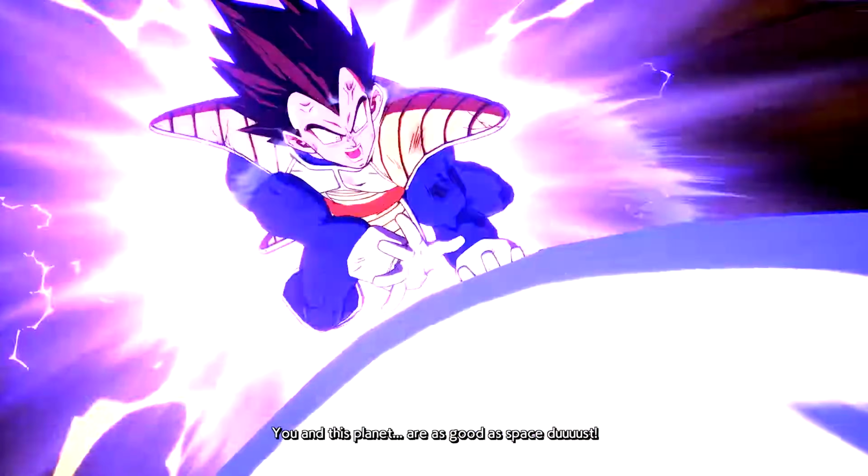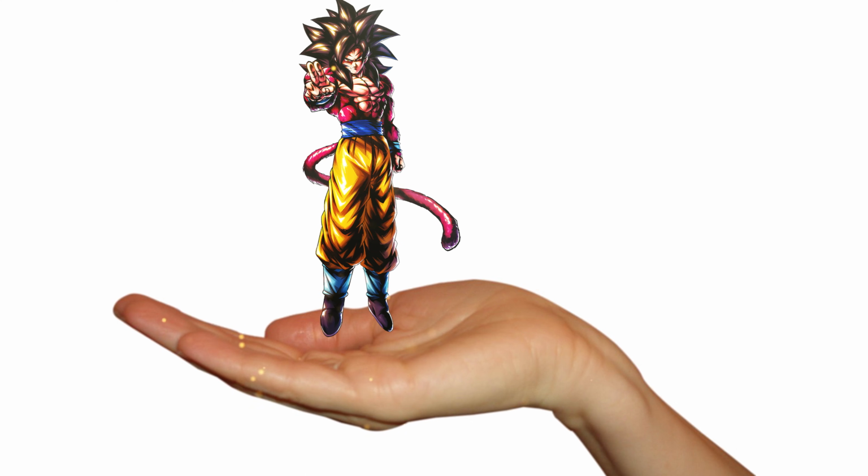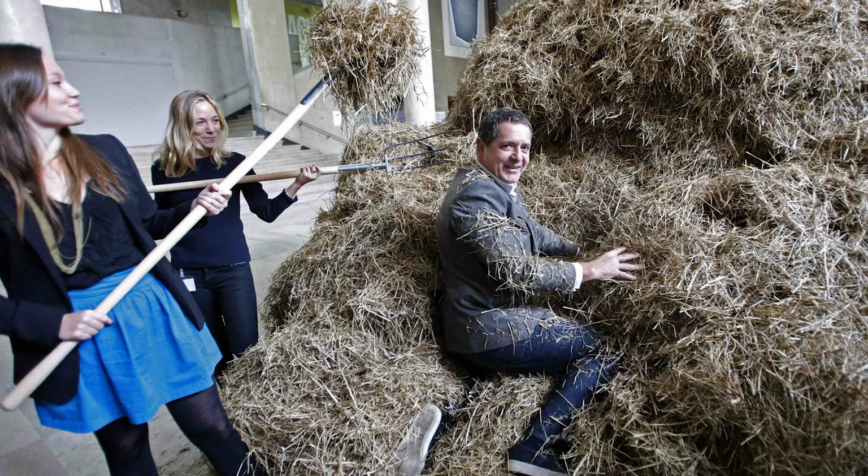Kaio-Ken is a form I didn't come to fully appreciate until kinda recently. Like, why would I gas this technique when the most beautiful creature in the known universe exists? But this form is truly a hidden gem, a diamond in the rough, a golden needle in a stack of hay, the apple of our...